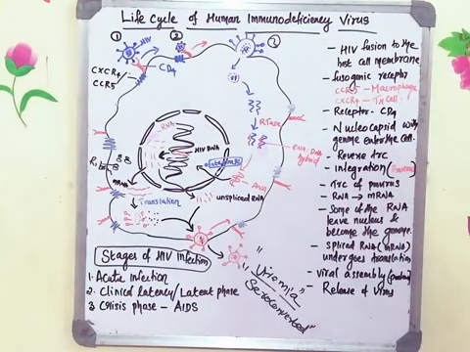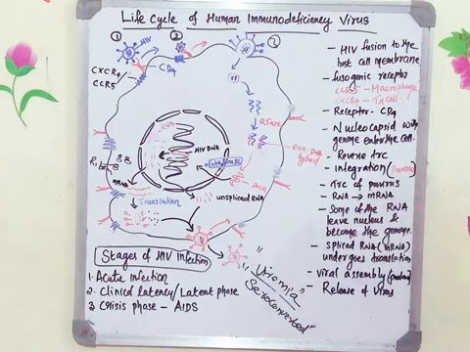So in the acute infection, the initial infection with HIV, there will be flu-like symptoms: fever, sore throat and a tired feeling. This will extend to 2 to 3 weeks. Viremia will be there, with an increase in the viral load and a drop in CD4 T cells. The immune system will start developing T cytotoxic cells. At this stage you can see the antibodies in the serum. That stage is known as the seroconverted stage. The acute infection stage is the contagious stage. He or she can transmit the disease to other people.